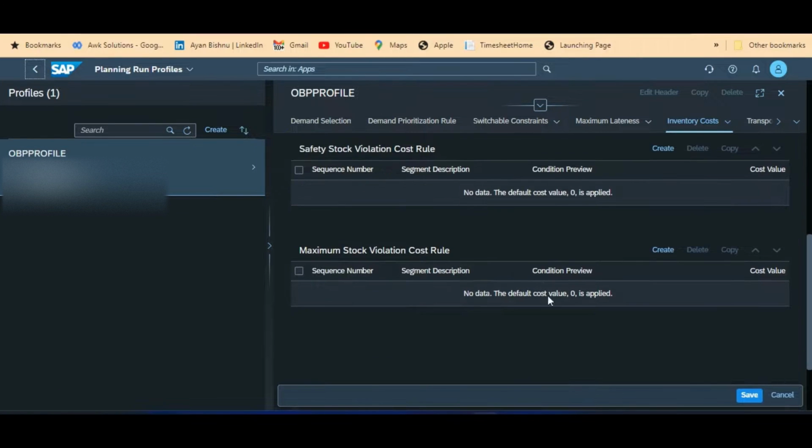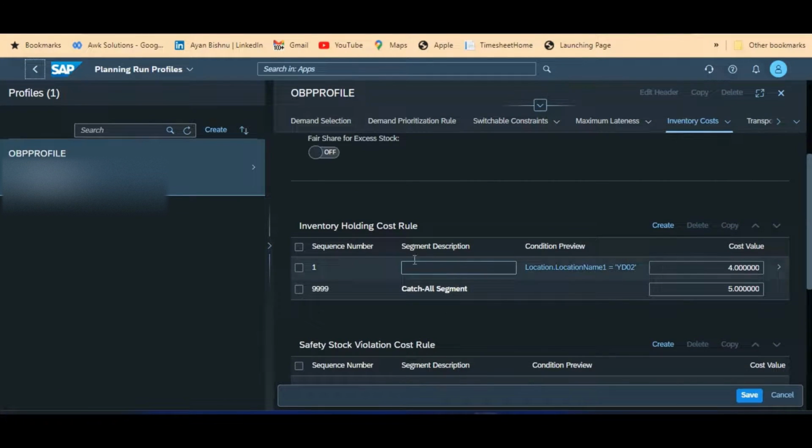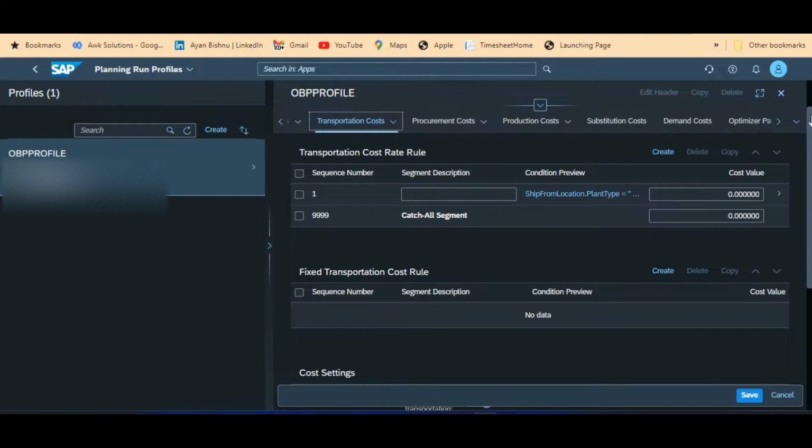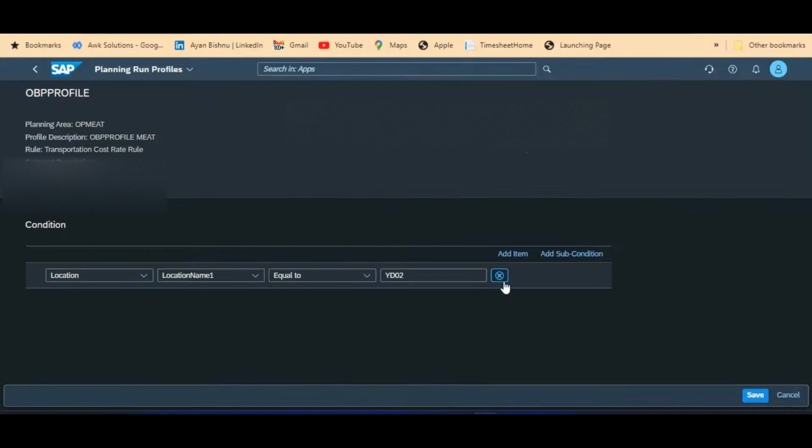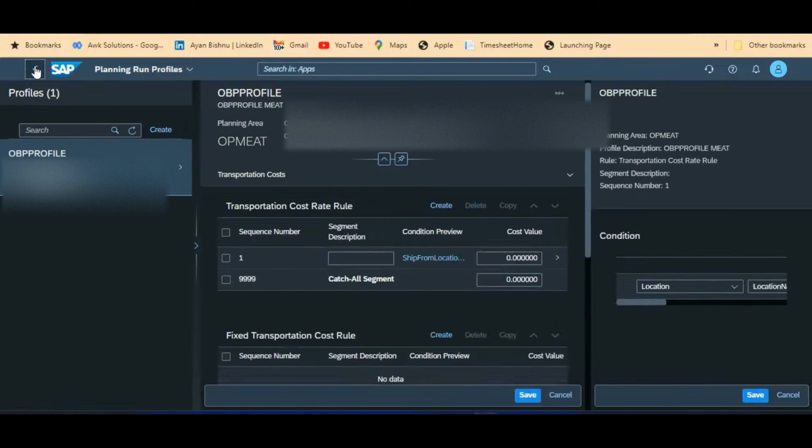I haven't kept anything for safety stock violation or in the max safety stock. After the inventory cost comes the transportation. Here also I have just kept the transportation cost rate with a predefined segment and certain conditions, where my conditions are the same as I have mentioned before.